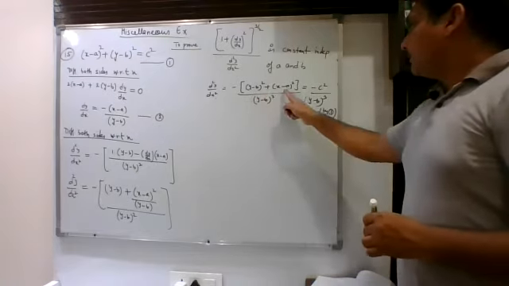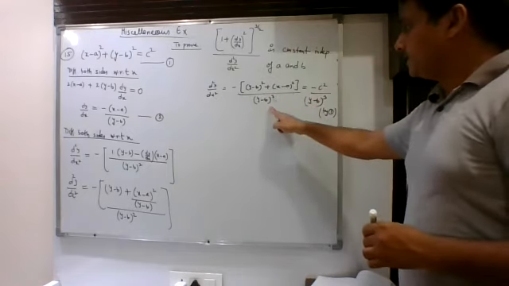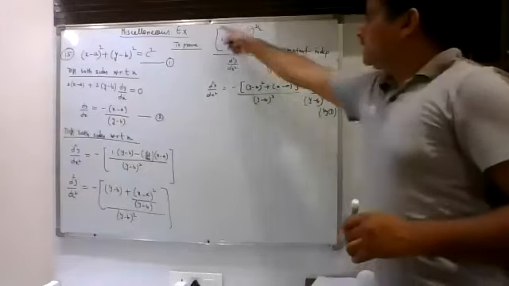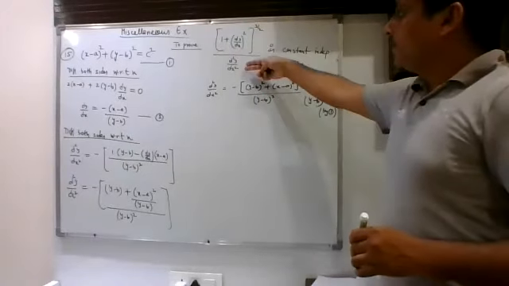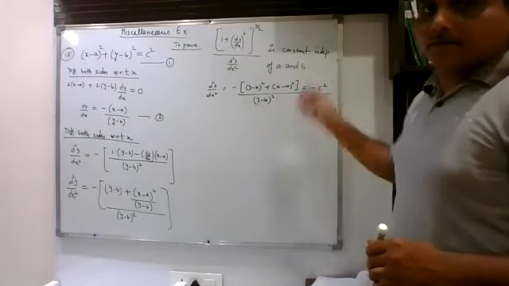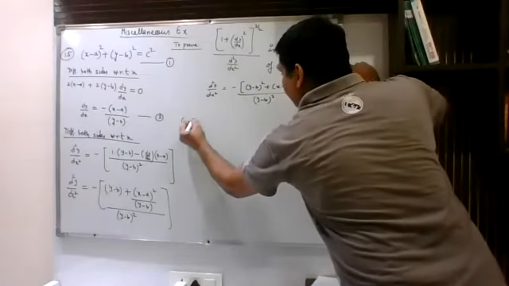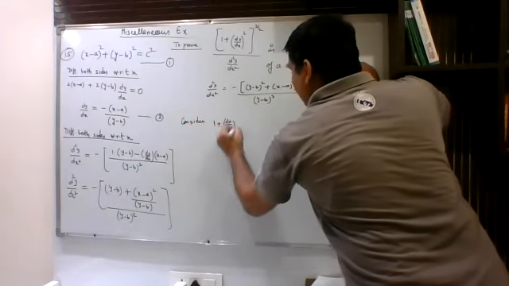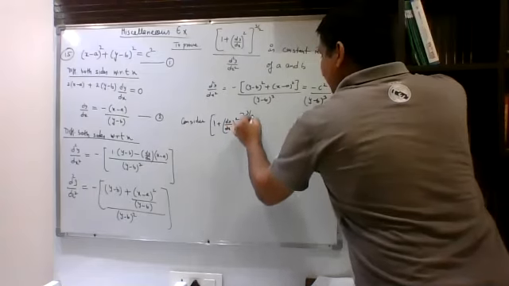So from this expression I have written c square upon (y minus b) whole cube by taking LCM. Now let us calculate this numerator separately, and then we will put the value of numerator and denominator in this expression, and then we'll see. So let me consider this expression: (1 plus (dy upon dx) whole square) to the power of 3 by 2.